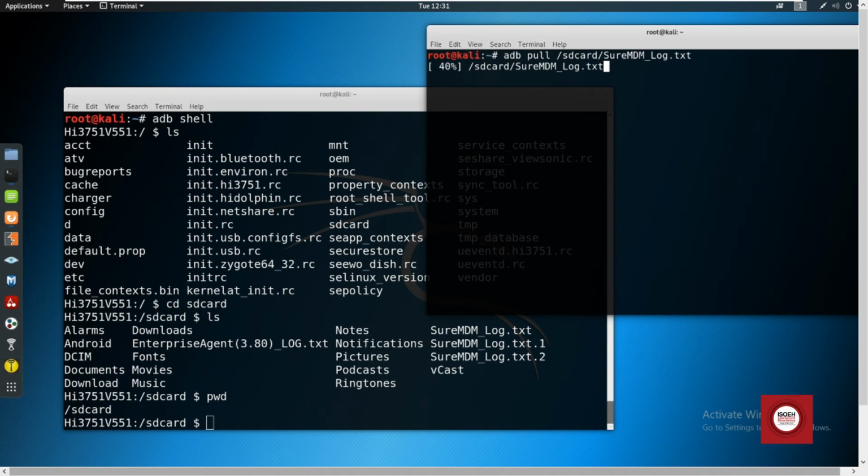And if you want to upload any file, there is one command called adb push. It's the same thing. You have to pass your file to this path. Then you can upload a file from your system to the Android phone.